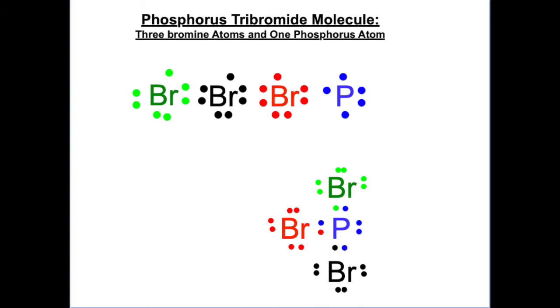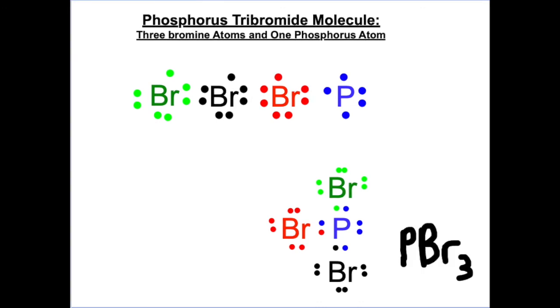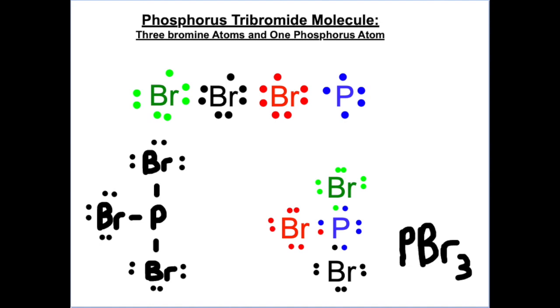We call this a covalent bond. We write it using an electron-dot diagram where each pair of shared electrons are placed between the 2 bonding atoms. We write the chemical formula as PBr3 because there's 1 phosphorus and 3 bromines. You will often see a single bond between 2 atoms, that's 1 pair or 2 total shared electrons, written like